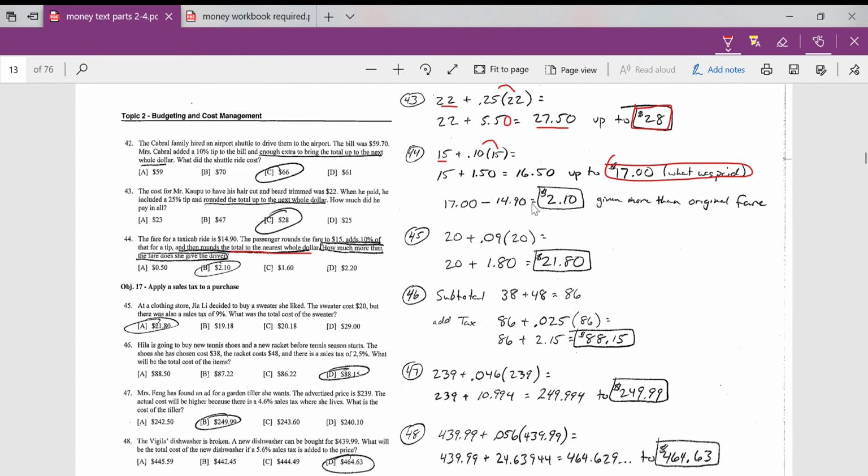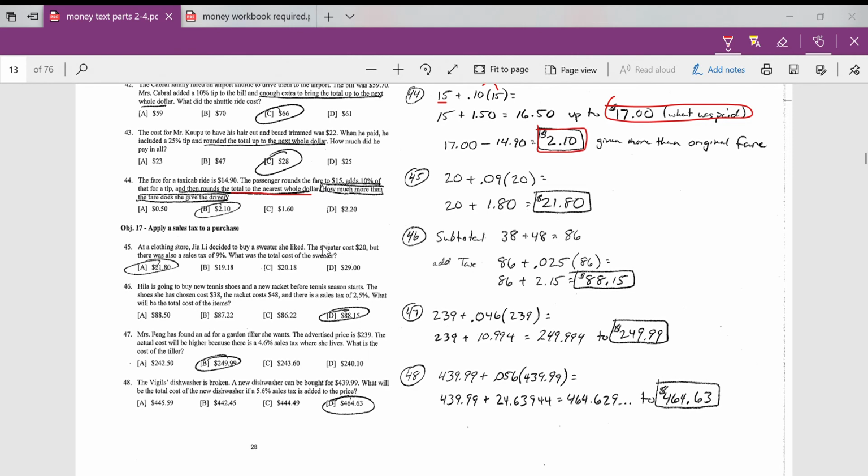So we subtract, and so she actually gave him $2.10 more than she needed to give him. Okay. So that's objective 16, involving a tip. Now the reason I'm putting these two together is because objective 17 is applying a sales